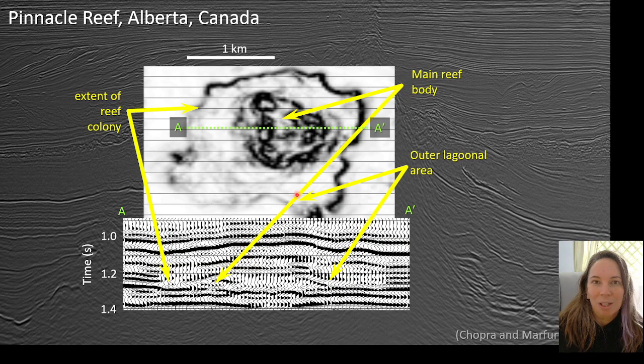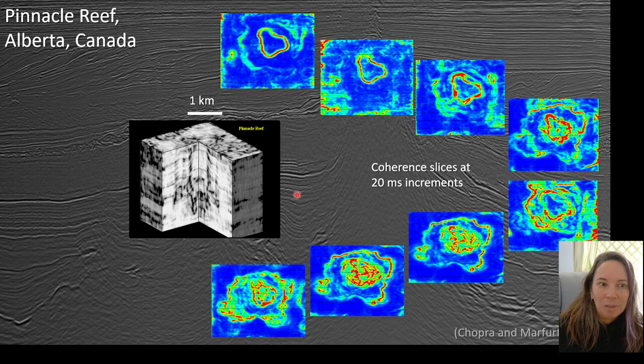But one of the things you want to keep in mind is this is where knowing your analog system really well can really help improve your interpretation. So here's that same area of the Pinnacle Reef. And now we're looking at coherent slices at 20 millisecond increments, so moving down through it. And in this case, the coherence slices